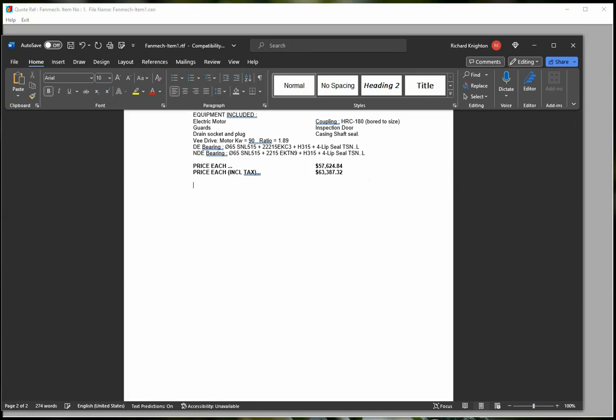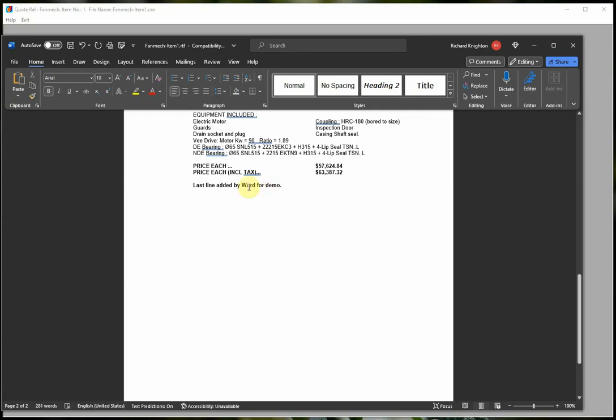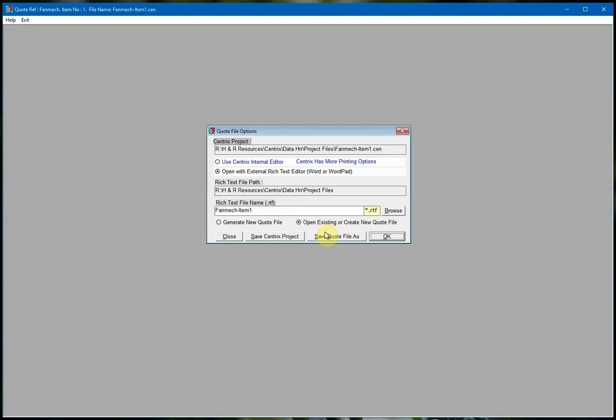So let's just add some text here. For demo, that should say "for demo" and not "not for demo". We might increase the size to 18 or something to make it stand out. So I'll save that. Now if I minimize that so it's still open, and we try and open it